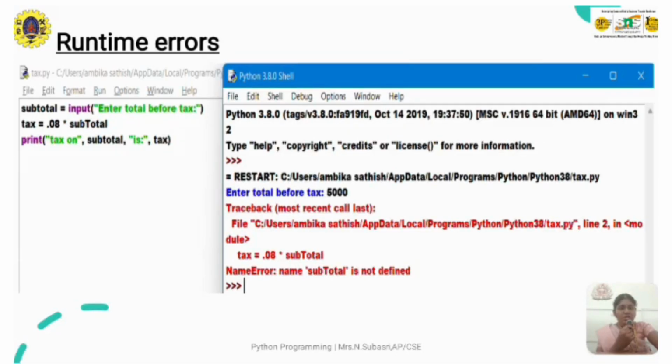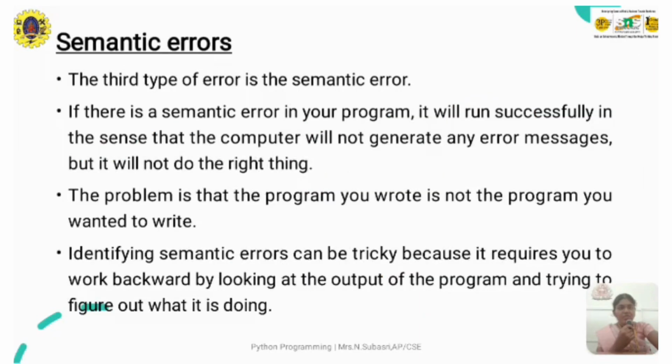For example, if you are running code here, during the runtime it finds that in the tax of 0.8, the subtotal is not defined. So this is thrown as a runtime error. If it is semantic